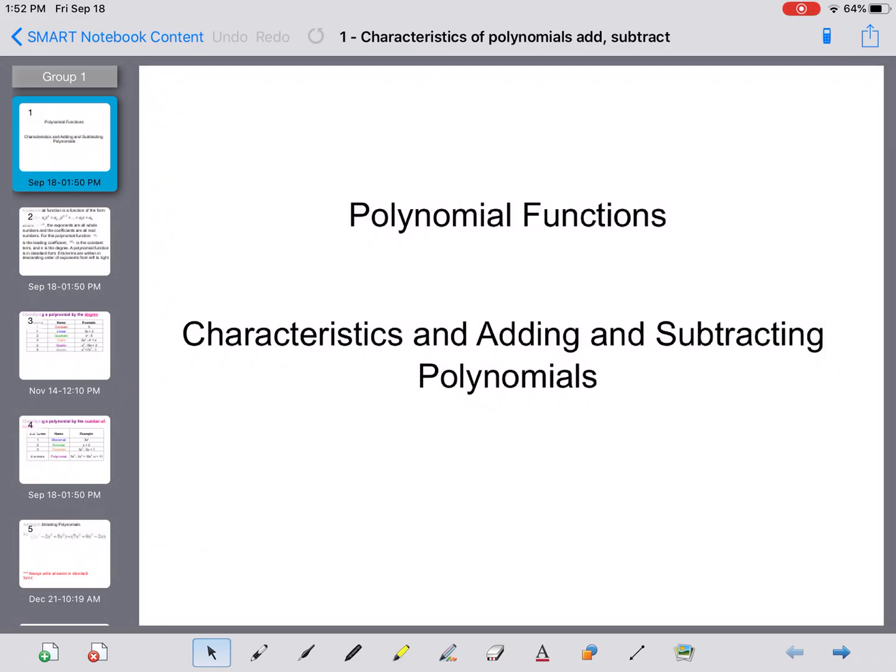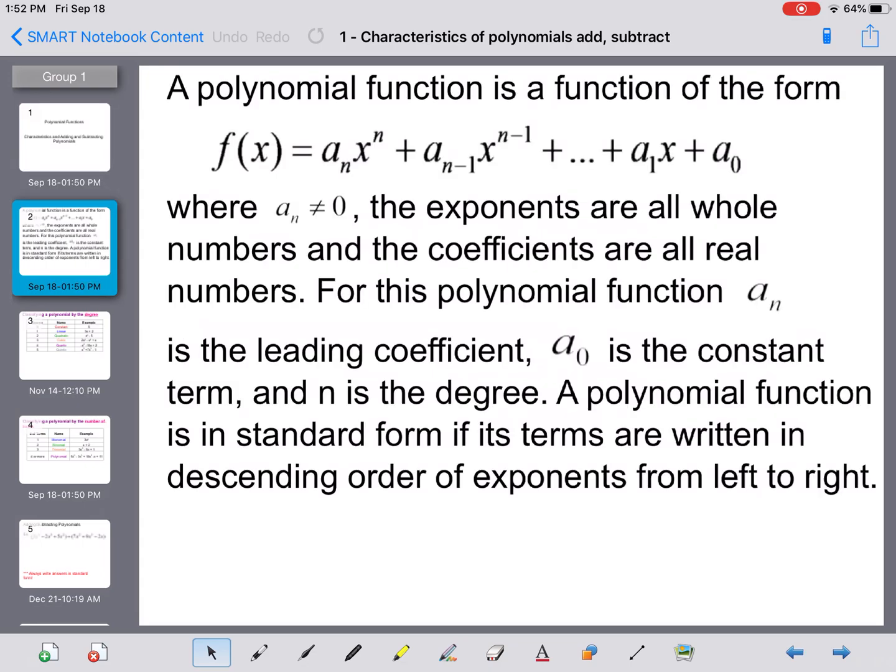Hello everyone, today we are starting a new unit on polynomial functions. So we're going to talk about what a polynomial is and the characteristics, and then we're going to add and subtract polynomials. So looking at a polynomial, this looks a little complex, but a polynomial will look something of the